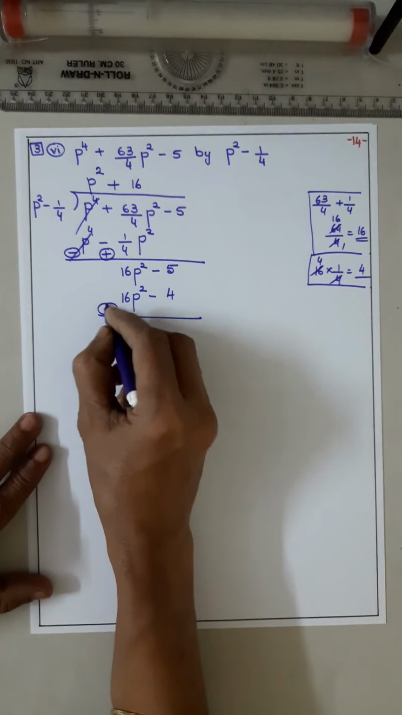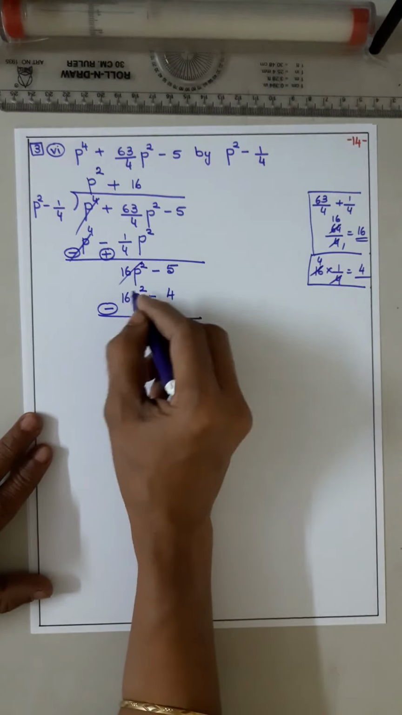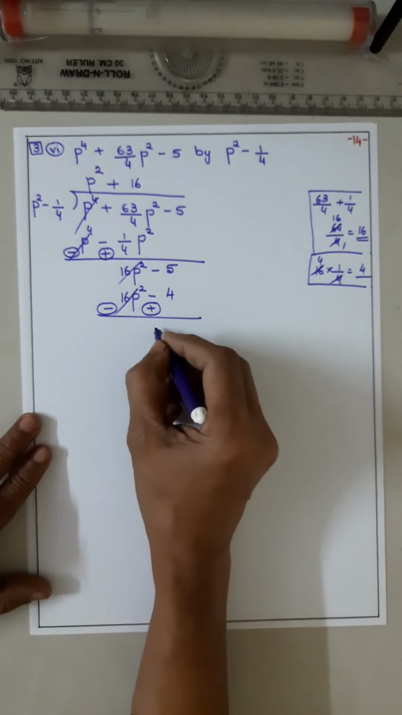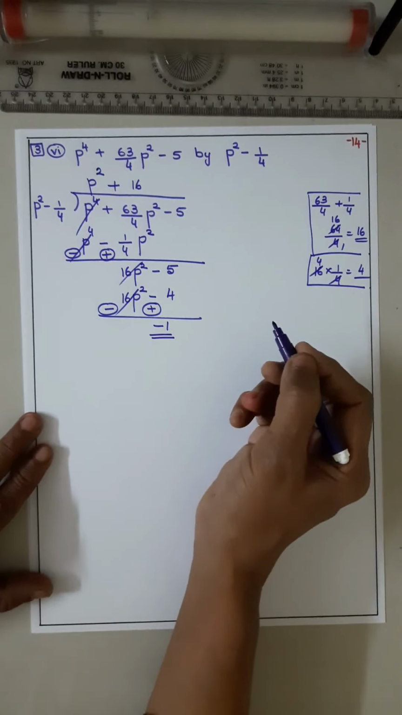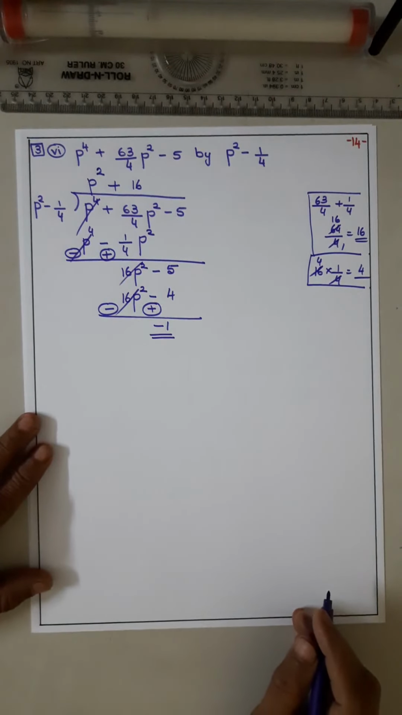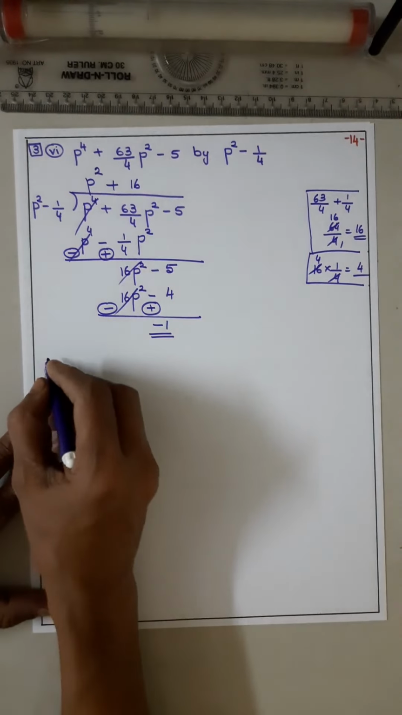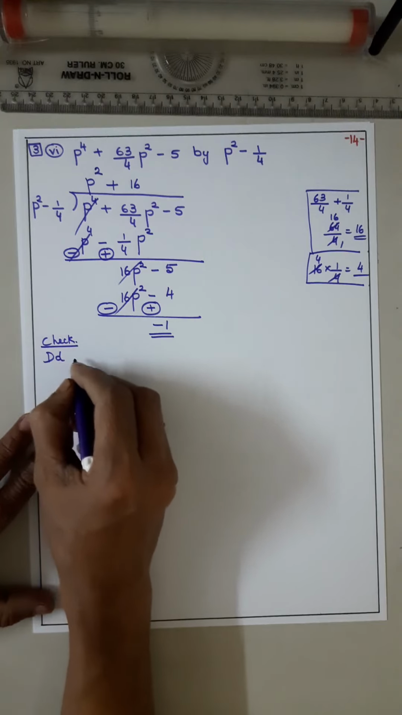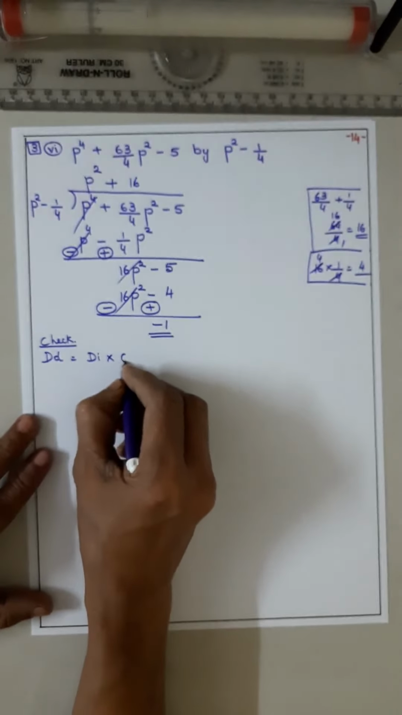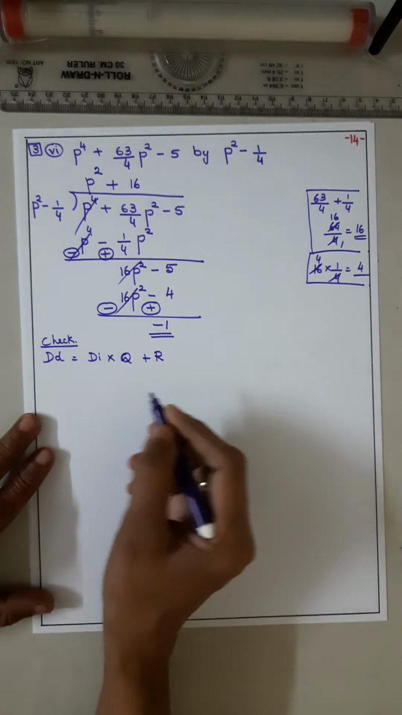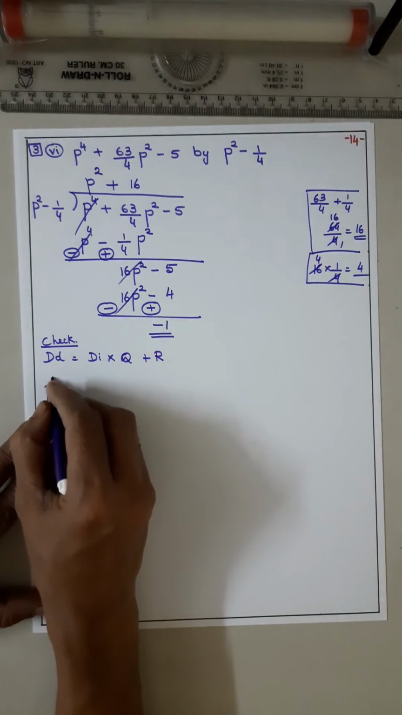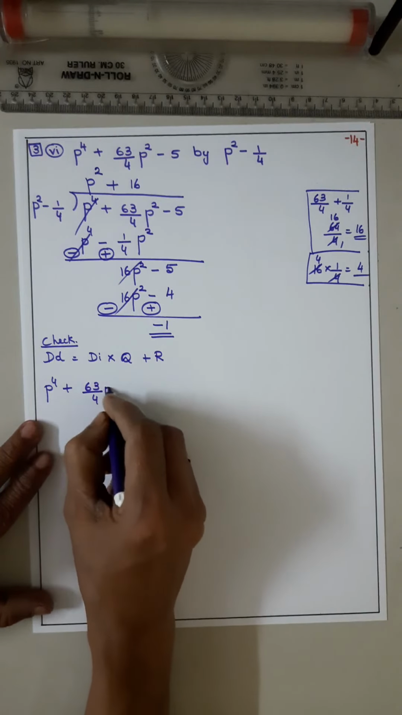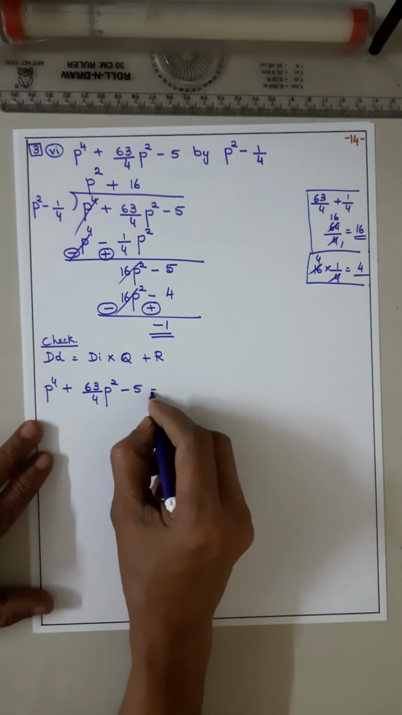Okay. Now change the sign. p squared ones get cancelled. Now it is minus 5 plus 4. It becomes minus 1. Minus 5 plus 4 is minus 1. Now check. Dividend is equal to divisor into quotient plus remainder. So dividend is what? p to the power 4 plus 63 by 4 p squared minus 5 is equal to